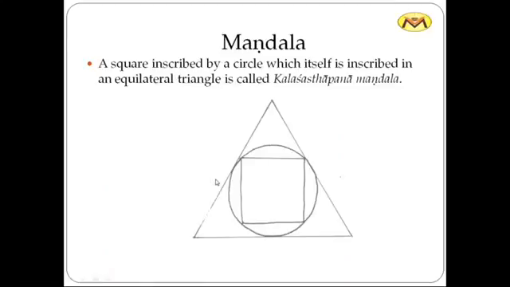So now I'll go a little quick. This is another yantra. This is mainly called a mandala, where we have an incircle and a square which is circumscribed by the circle, and we want to check if this is an Eulerian circuit or Eulerian path, and then if it is so, how many different ways there are to start from one point and traverse the entire graph. So let's just quickly check if it's an Eulerian